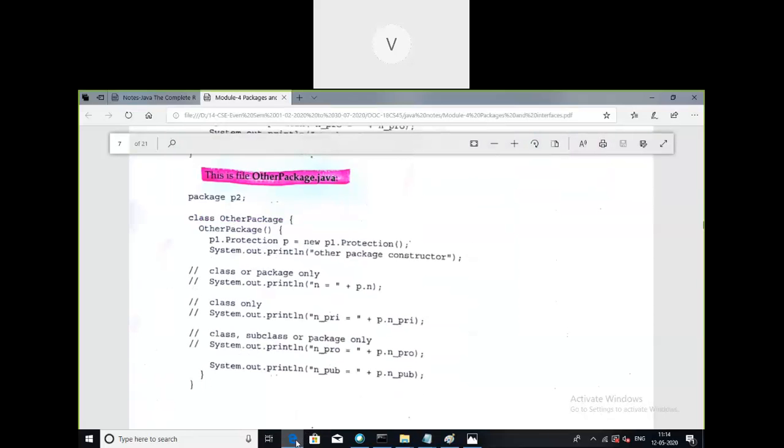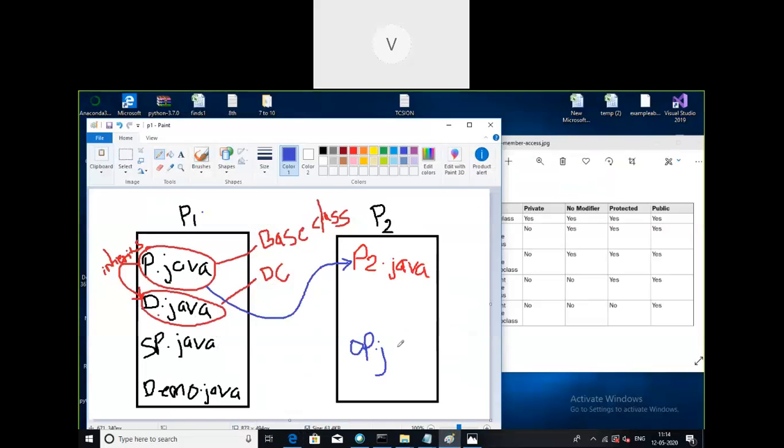As with the name of the class, we will be storing them with the same name and extension. Actually, when I write the source files here, these are nothing but the classes which are actually performing the operations. Just for understanding purpose, we will be writing the exact name of the source files itself. But the actual meaning here is that the P2 class, that is, the protection2 class, is inheriting properties from protection which is present in package p1.